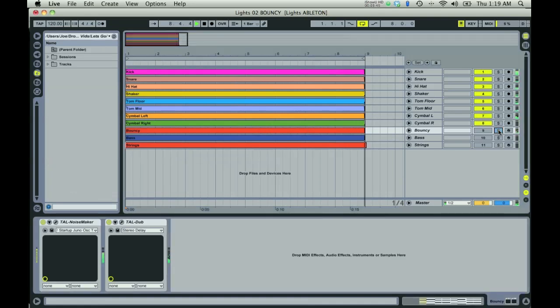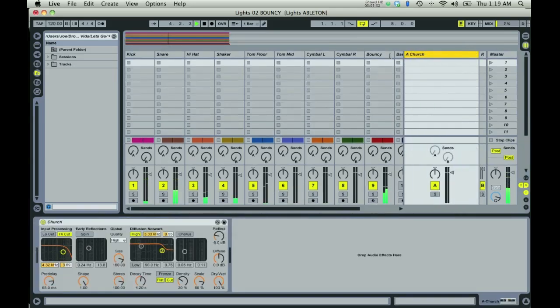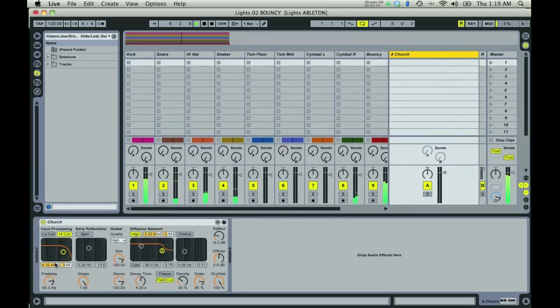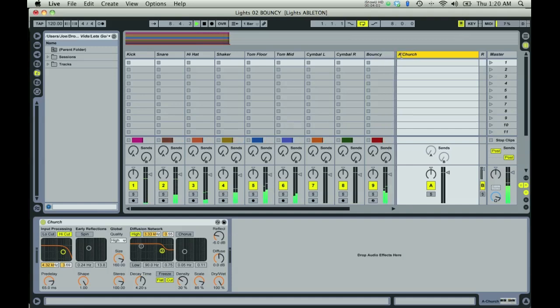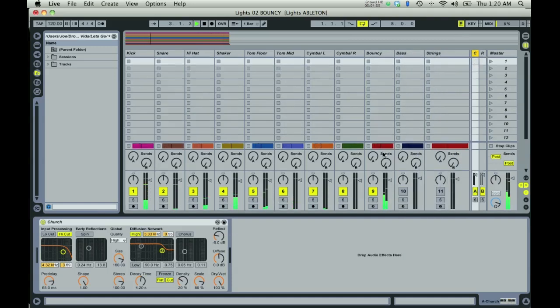Let's bring the drums back in. Ooh, there we go. The last thing is, for this track, we're going to have a reverb on a send, so that we can just send any tracks we want to it. This is a church preset in Ableton, but you can use whatever big hall reverb you have in your software. And we're going to send a pretty hefty amount to that. You know, it gives it all that space and ambience. And that's the bouncy synth.